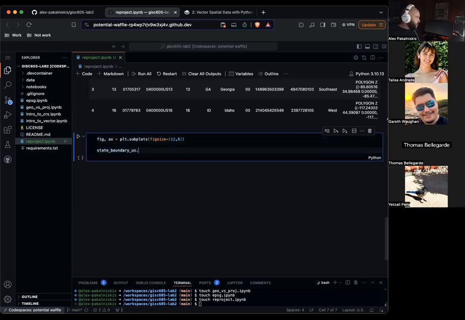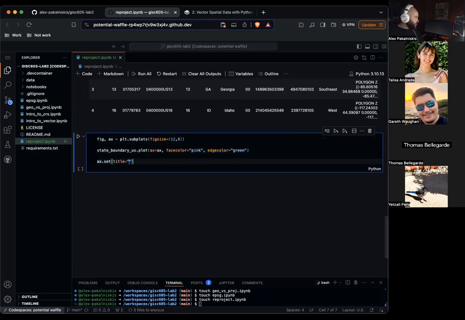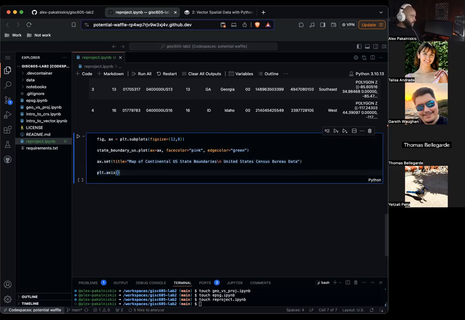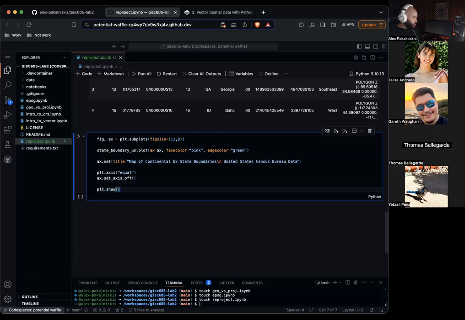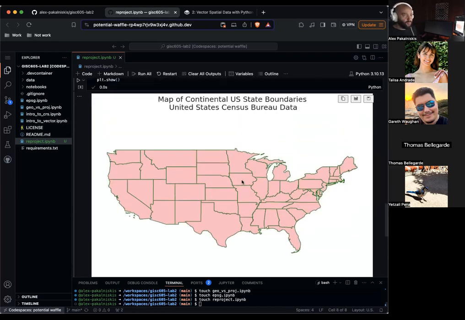State boundary US plot ax equals ax, color equals pink, edge color equals green. ax dot set title equals map of continental US state boundaries, United States Census Bureau data. plt dot axis equal, ax dot set axis off, plt dot show. Nice. Pink and green US.